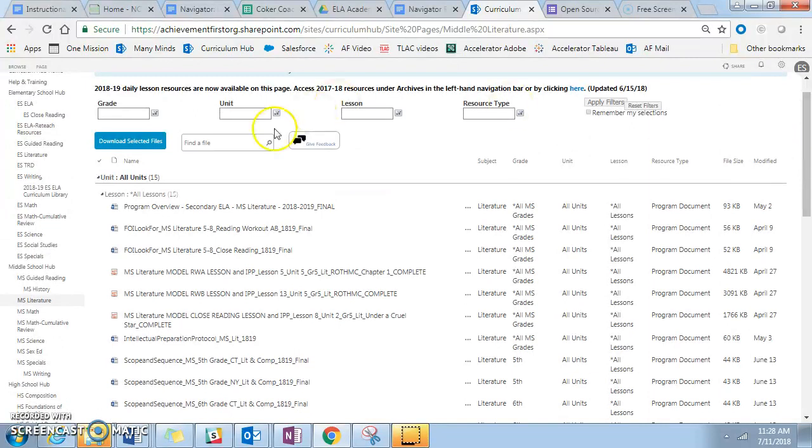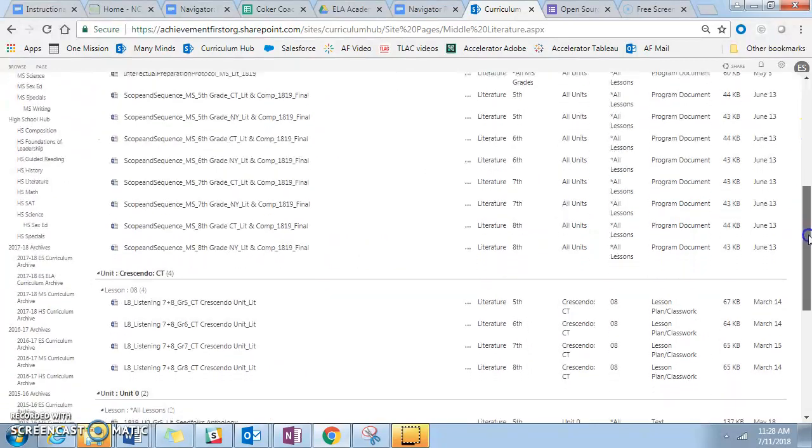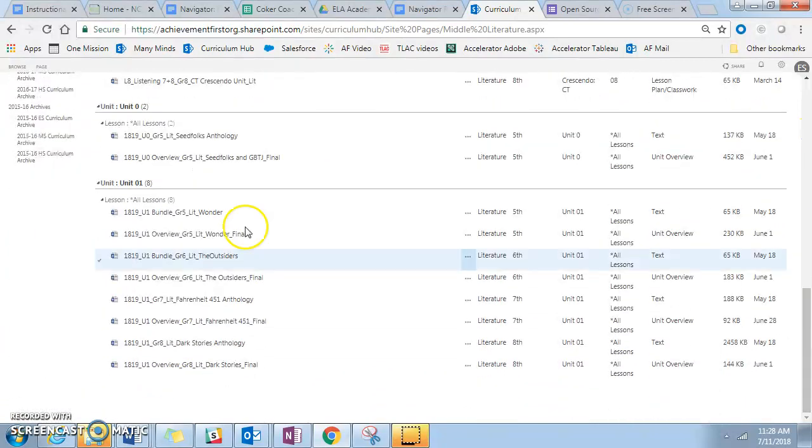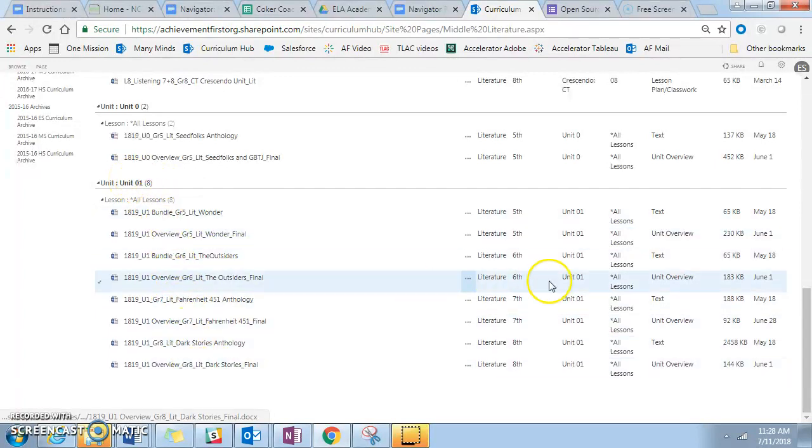that are sorted first by anything that's not specific to one unit, so those year-long materials, and then they are listed in order. So for example, Unit 1 and all of the materials for Unit 1, they're listed accordingly. This looks a bit sparse right now because we do populate these resources as they are created or revised for following school years, which means that right now in the summer of 2018, we don't yet have the 2018-19 finalized resources for every course and content available.